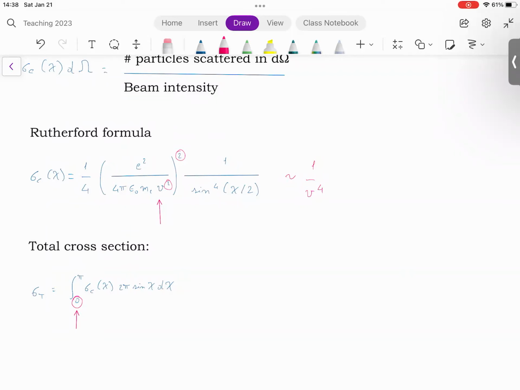Regardless, it is apparent that sigma c differential for large deflection is going to be pretty small compared to the cross-section for small deflections. So we need to figure out a way out of this problem,